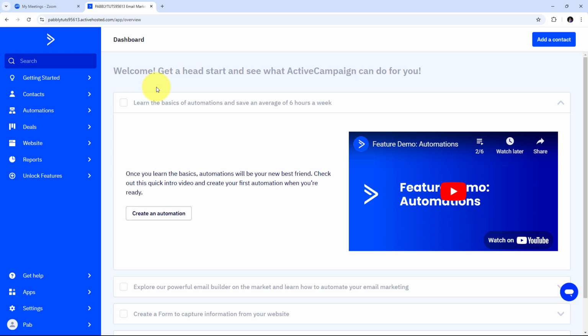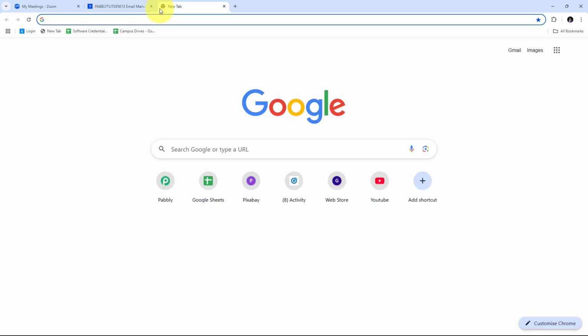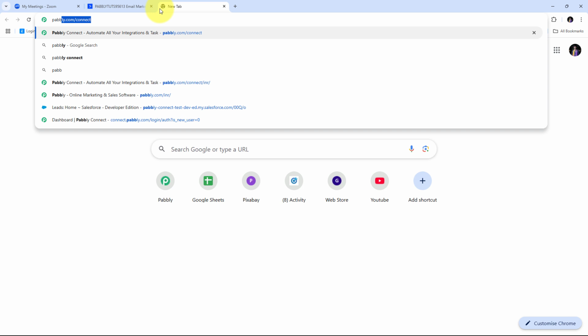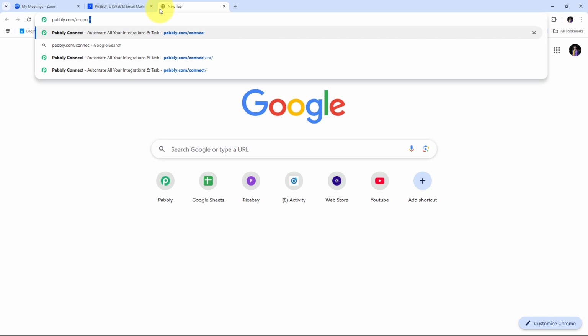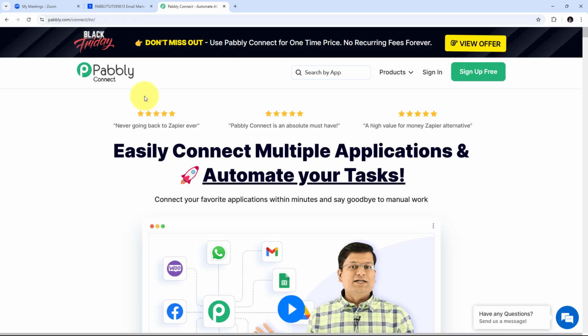So for using Pabbly Connect, I need to open a new tab, and I need to search for pabbly.com/connect in my browser. And it will take us to this landing page of Pabbly Connect. Now here in the landing page, I have these two options of sign in and sign up for free. If you don't have any account with Pabbly Connect, then you can just click on this sign up for free button, and it will take only 2 minutes of your time and you will get 100 free tasks every month. Or if you already have an account or you are an existing user, then you can just click on sign in